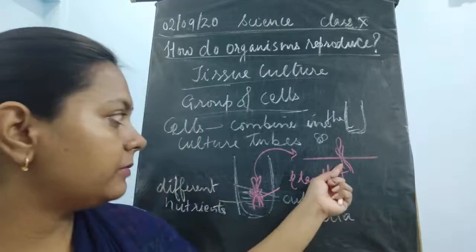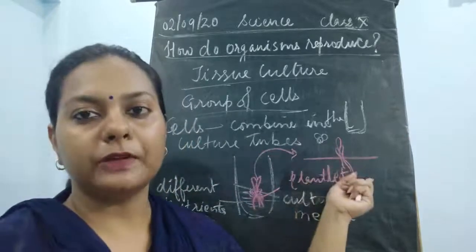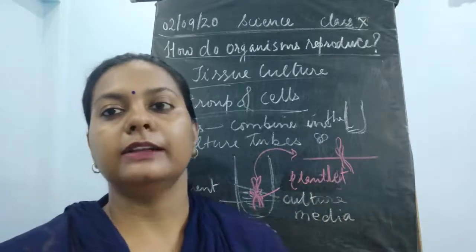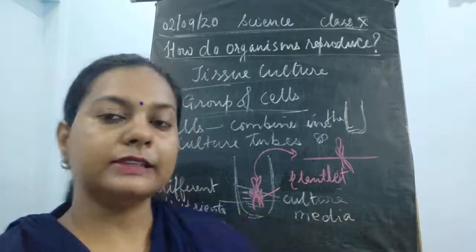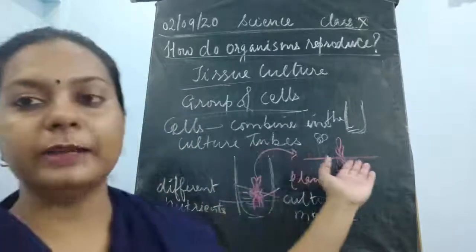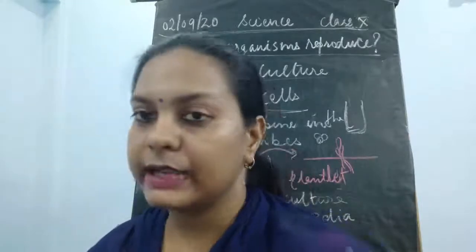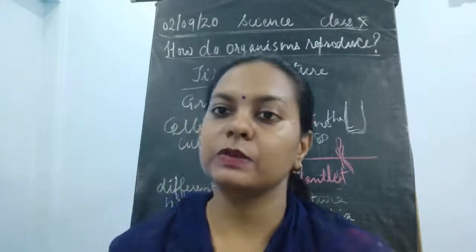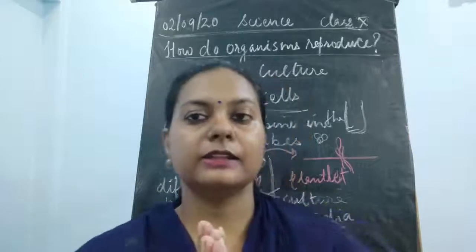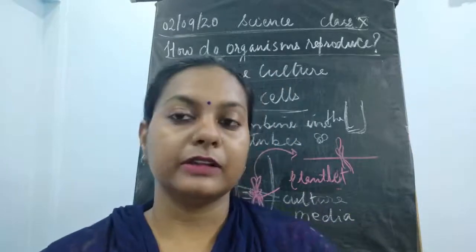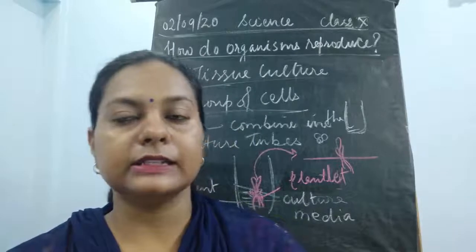So seeds are obtained from these plants, and these seeds would contain the desirable characteristics. Similarly the plants would also have the desired characteristics. The next generation would also have the certain desired characteristics which we wanted. So this was some idea regarding tissue culture. I'll give you some more details regarding this in the next class.